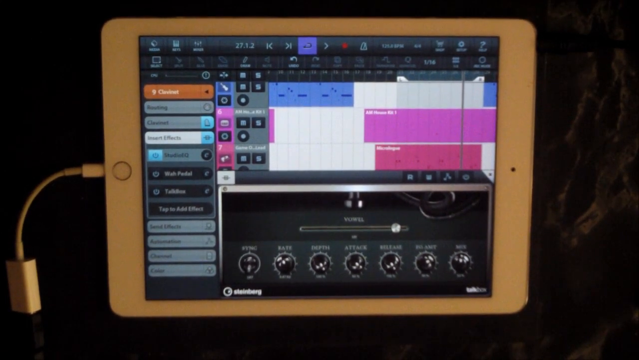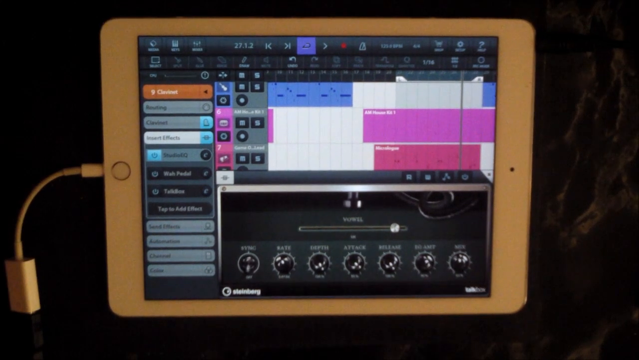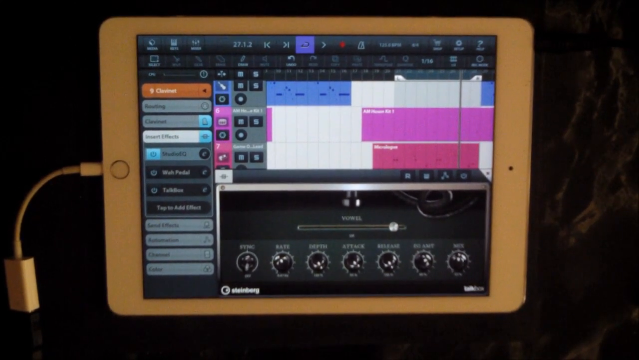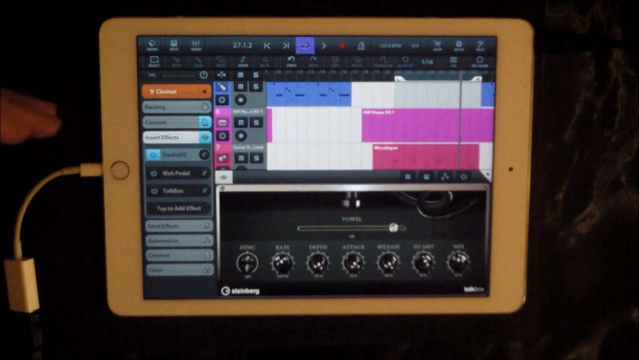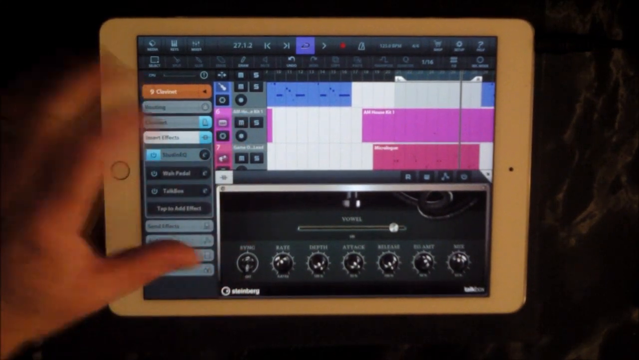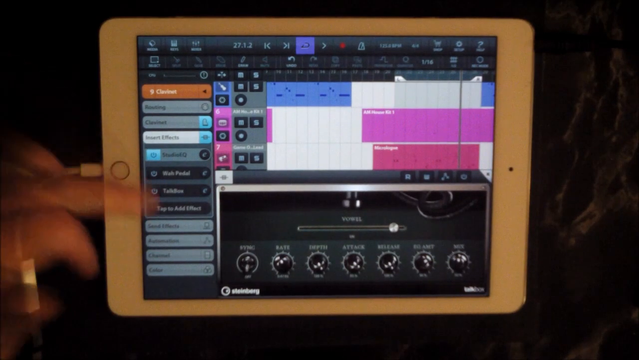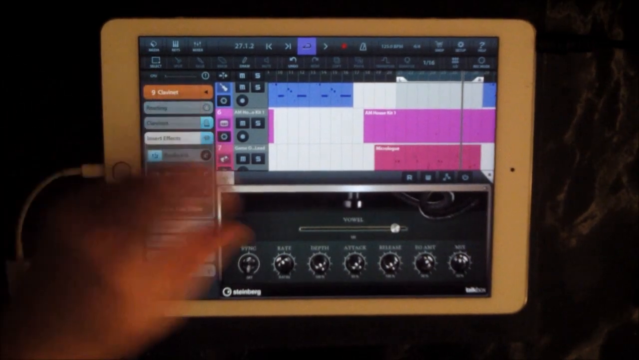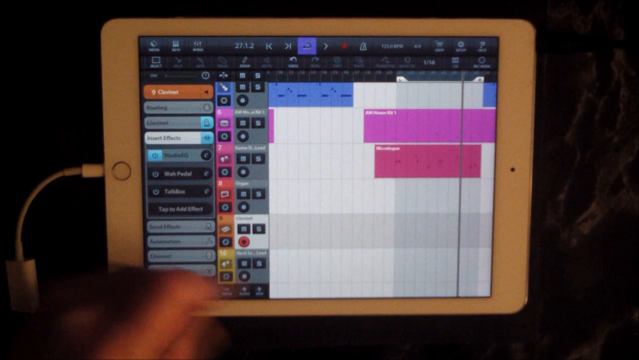If you spent the money on Cubasis, you might as well get these effects, and they are nice. You can't save presets in these effects because you're programming a track, and the track will remember all your settings, obviously. Okay, so next down we have